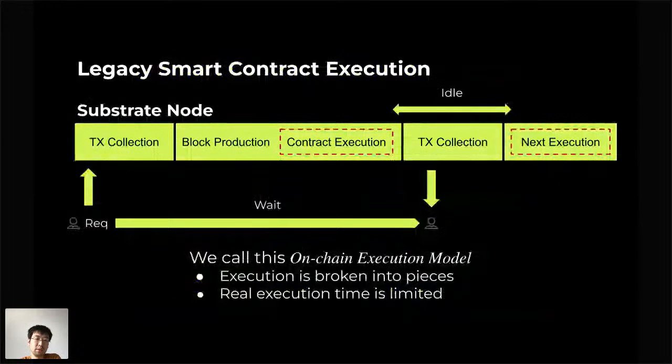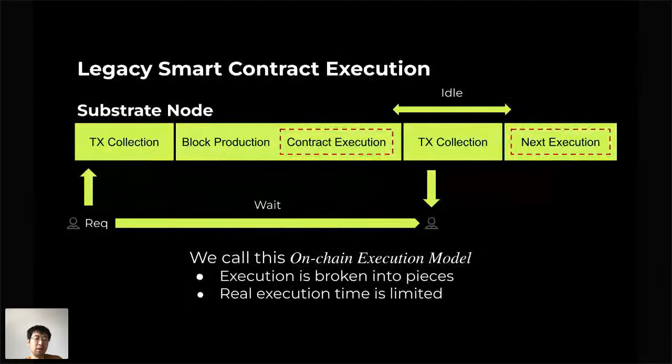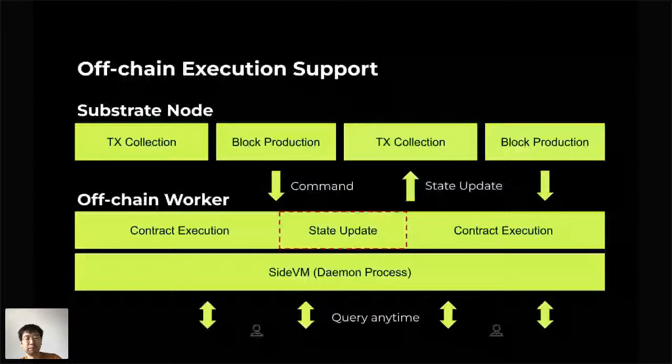Let's skip this part. This is some detailed explanation of the advantages of off-chain execution over on-chain execution. In short, first, it enables zero latency query of the contract, and second, after you move the contract off-chain, you can do something like network connection. You can send network connections out, and it also enables receiving network connections and processing them.